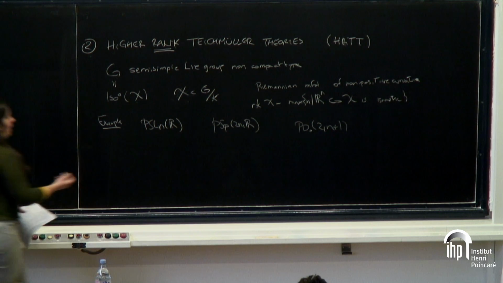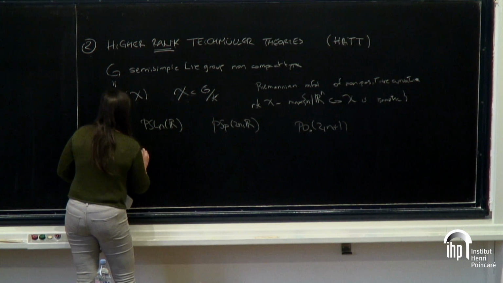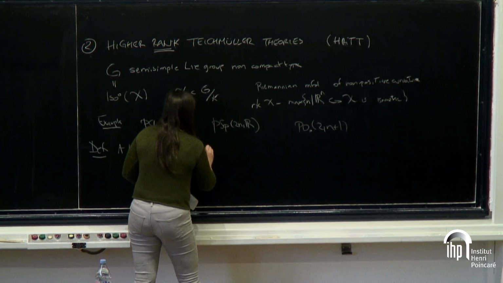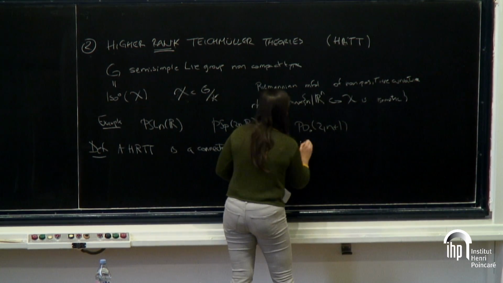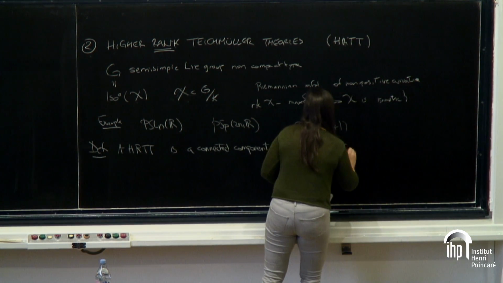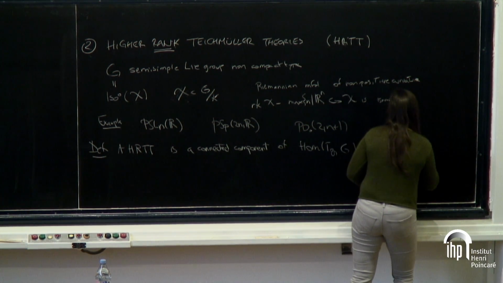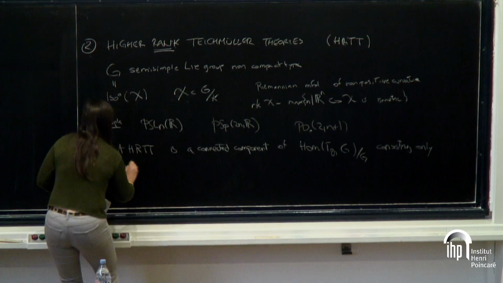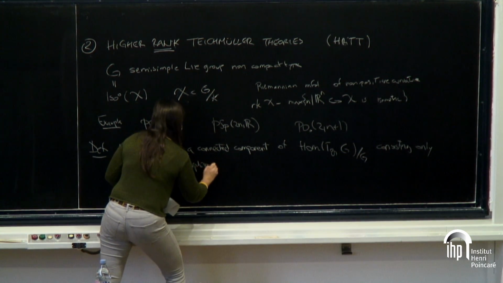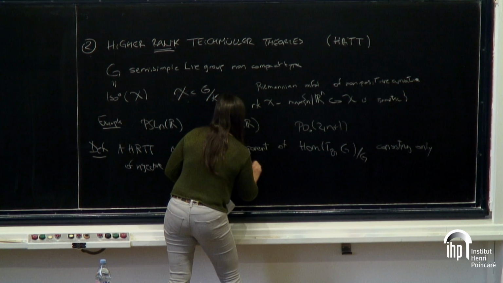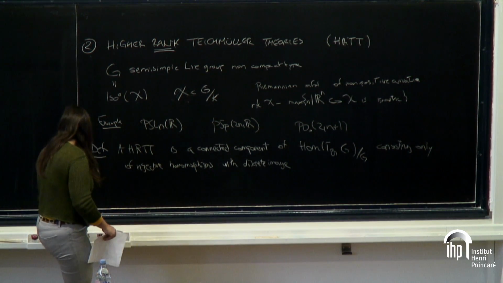And now what I want to tell you about today is something about higher-rank Teichmüller theories. And for me, a higher-rank Teichmüller theory is a connected component of the character variety that consists of injective homomorphisms with discrete image. And as before,